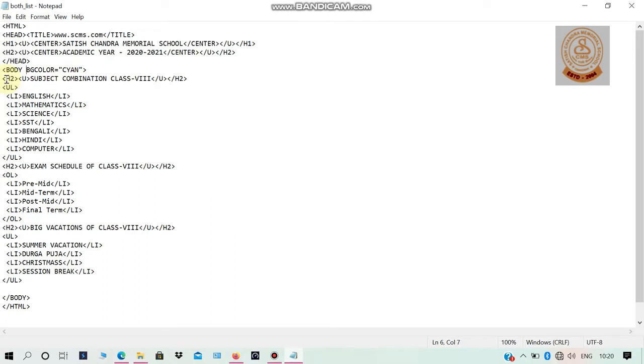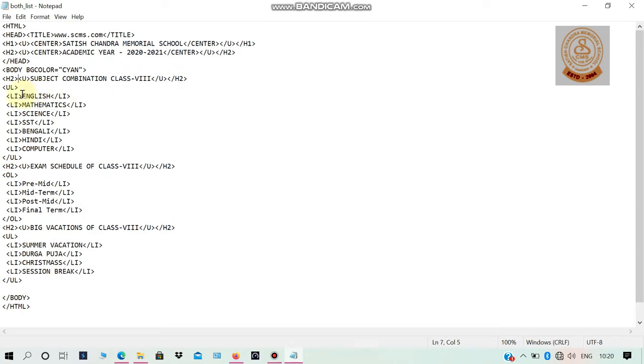You can call it a semi heading: subject combination class 8. The semi heading size I have maintained is H2. So the starting H2 tag is given, then the underline tag is given, then subject combination class 8 is given. After that, the ending tag of U is given and the ending tag of H2 is given.